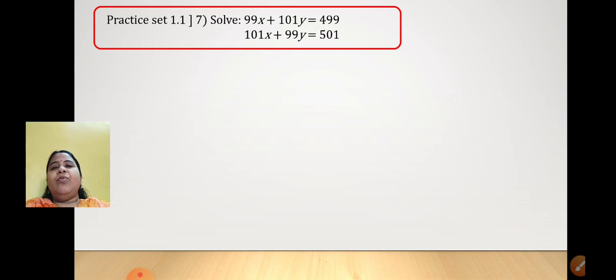Okay, one more sum we will take which is of the same type, but this I have taken from practice set 1.1. This is the 7th one. As I told you, in this practice set they have kept only two sums, 7th and 8th. So the 7th one we will do now, and the 8th one you will do as a practice set or homework or test sum, whatever you say. But be sincere, solve it today itself, 100% you will understand it.